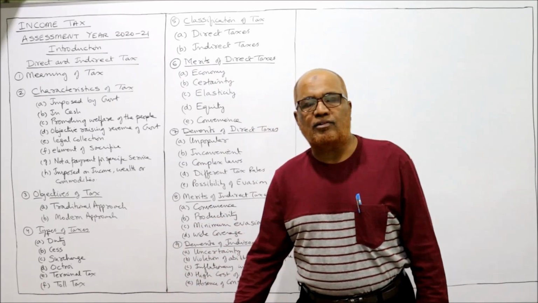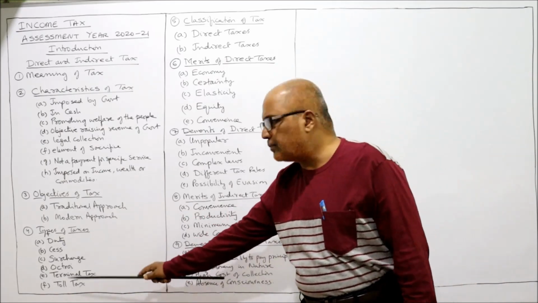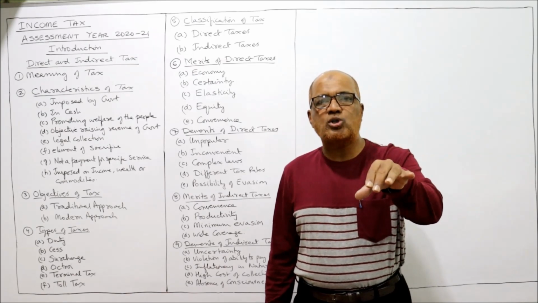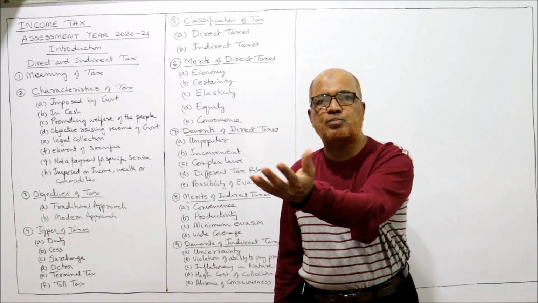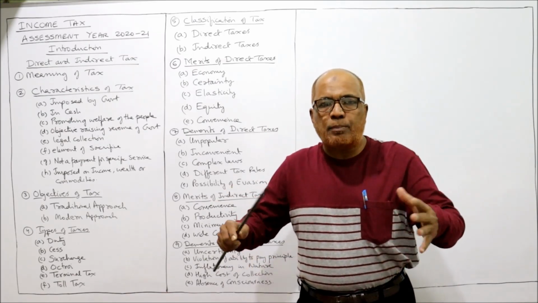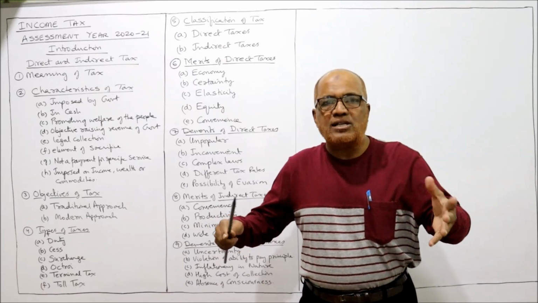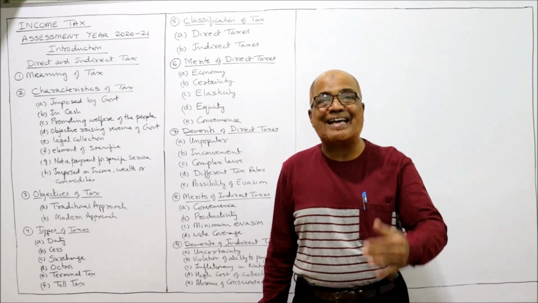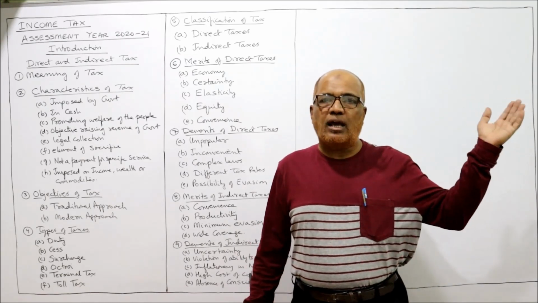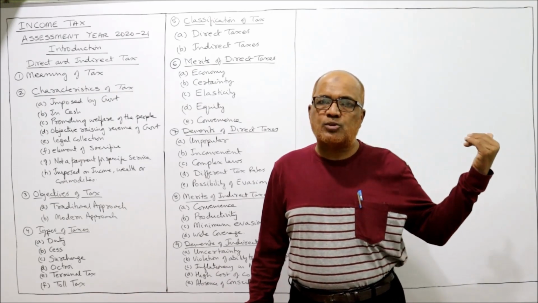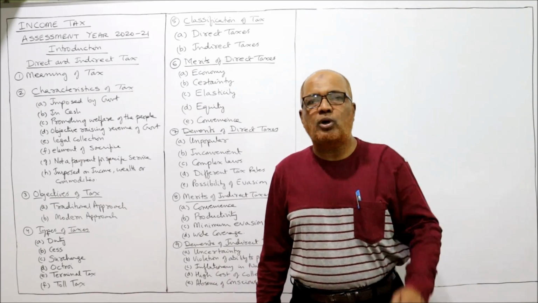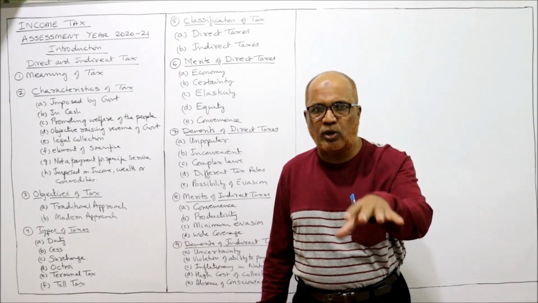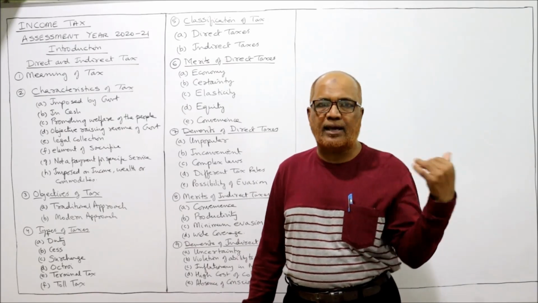Now, types of taxes. Taxes can be classified into different types. First one, duty. The duty is the tax which is imposed on industrial production, export, import. When goods are produced in the country, as soon as the goods are produced, a duty will be imposed called excise duty. Similarly, when goods are imported or exported, import duty and export duty will be applied. So duty is the tax on industrial goods produced within the country or imported or exported.